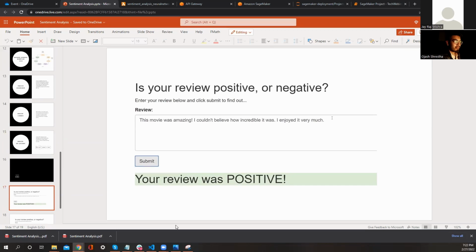Wow, nice. Thank you, Ojash. So it was a very knowledgeable and insightful topic, right? And I personally enjoyed your session, learning step by step what are the things required to build an ML model. So thank you very much for the wonderful session. So now let's begin with a Q&A session.